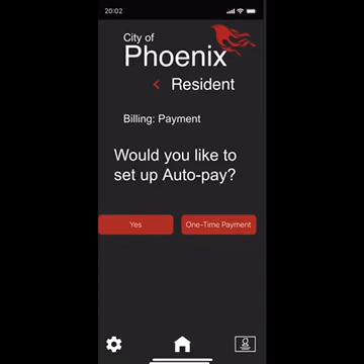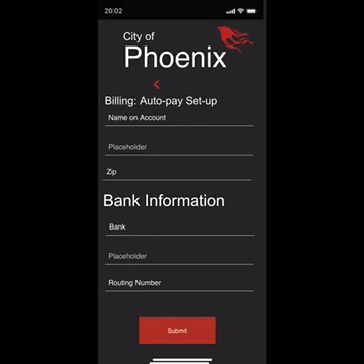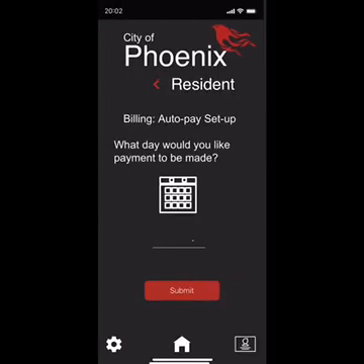So either they can click one-time payment, or yes, they can click auto pay. In this instance, we're going to click yes to set up auto pay. So then it would ask them for their account number, their address, their zip, and then their bank information. So the bank, the account number, and the routing number. So when they hit submit, it then will ask them what day would they like to set up the payment,